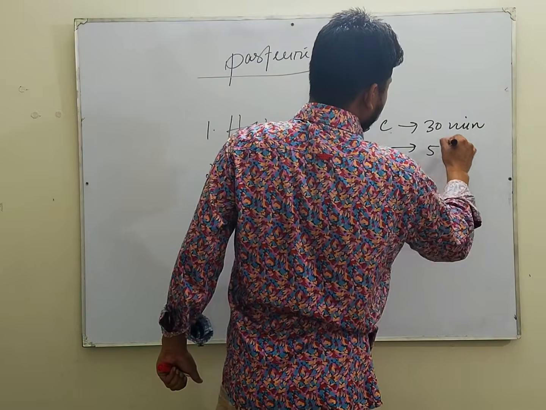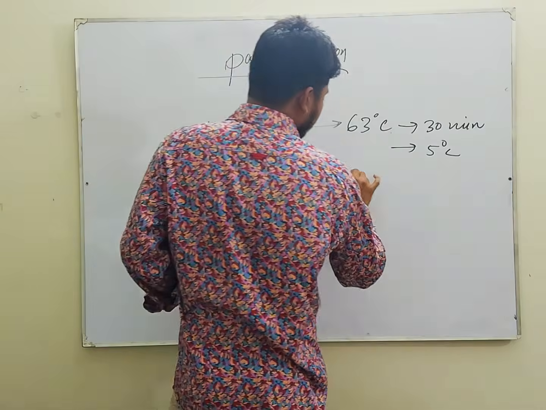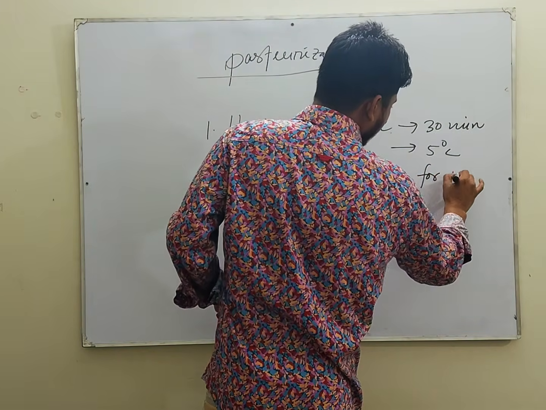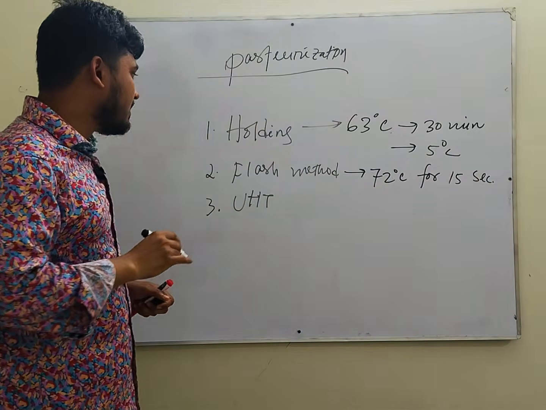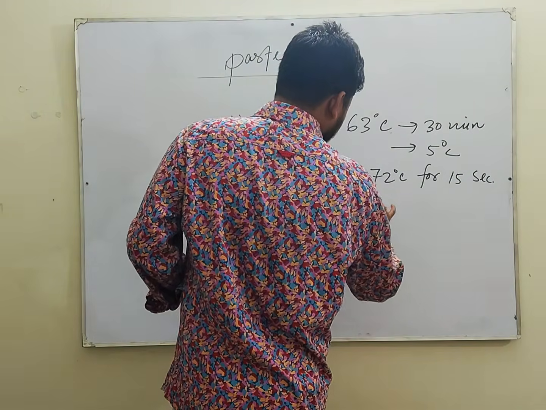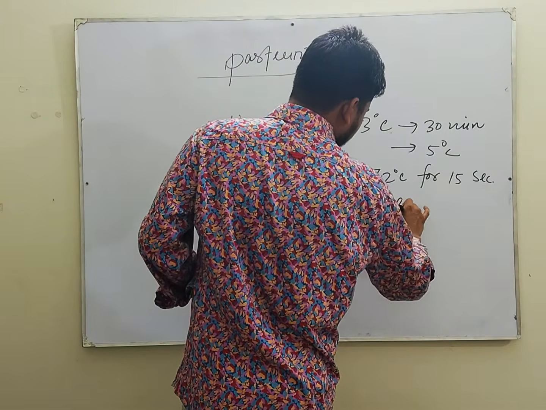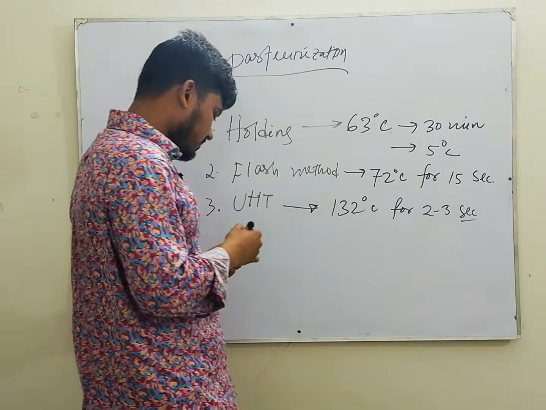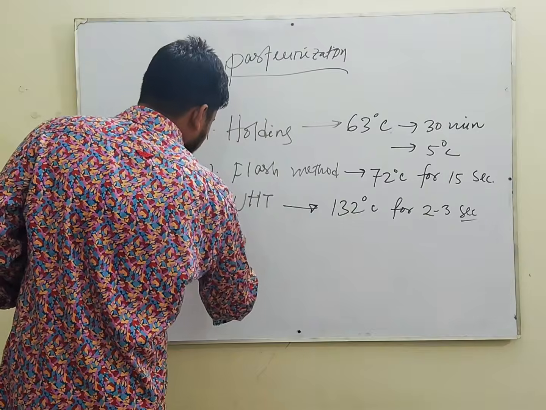rapidly cooled to 5 degree centigrade temperature. In flash method, milk is heated at 72 degree centigrade temperature for 15 seconds and again cooled rapidly. Then comes to ultra high temperature method. Here milk is heated at 130 degree centigrade temperature for 2 to 3 seconds. These are the methods of pasteurization, and the organisms are killed